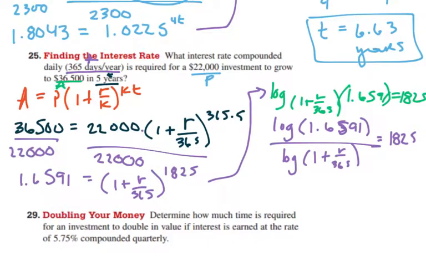For lack of a better way of doing this, I'm going to then flip the fractions, so it's actually 1 over 1825 equal to log of 1 plus r over 365